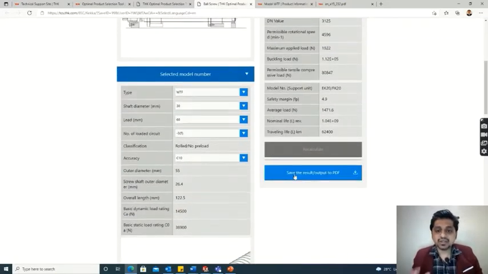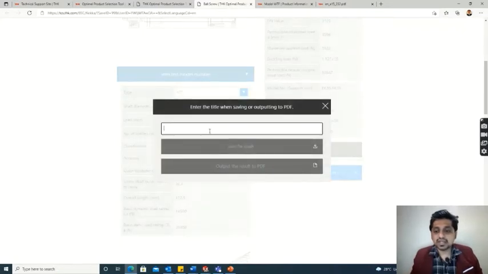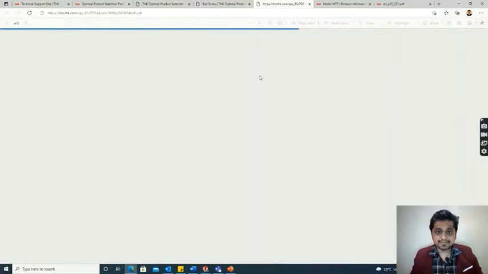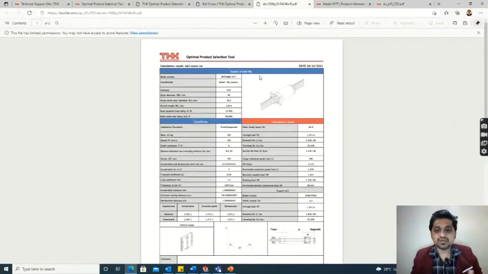Then there is an option to save the document, where you get all the data in summarized form. So give the name and hit the PDF output. It will collect all the data and present it in summarized form.